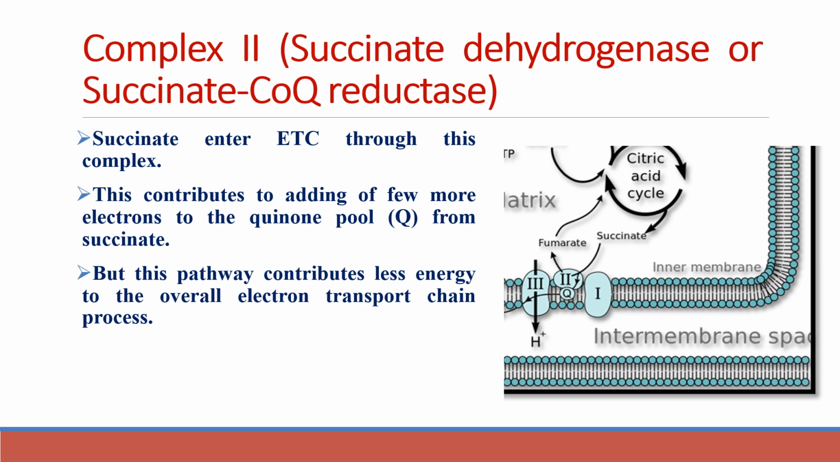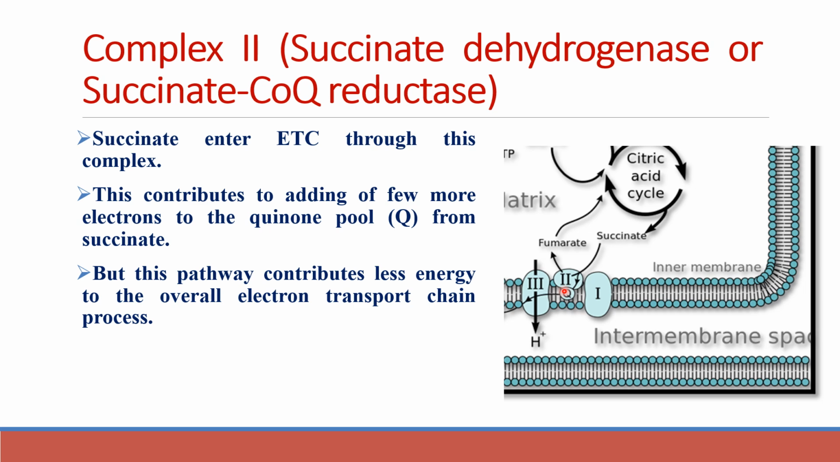Next is complex 2, which is also called succinate dehydrogenase or succinate coenzyme Q reductase. Succinate enters through this complex. This contributes a few more electrons to the ubiquinone or quinone pool from the succinate. But you see that this pathway contributes fewer electrons, or less energy, to the electron transport chain